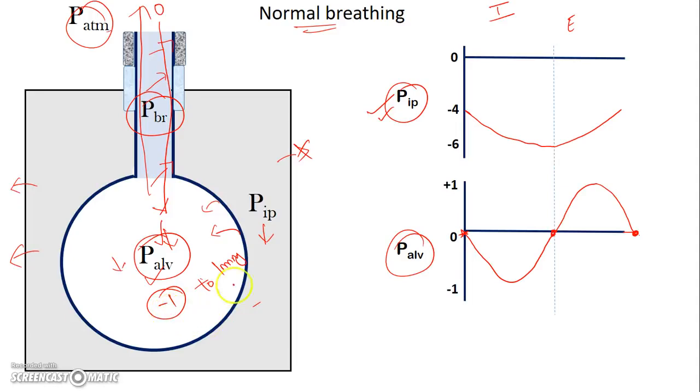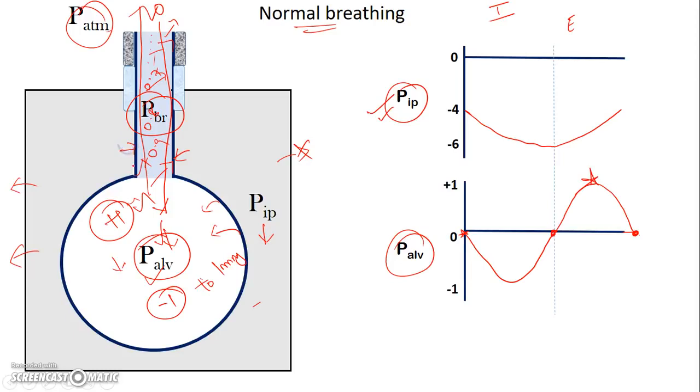For example, during expiration at peak, here if it is +1 millimeter of pressure and here it is 0, the movement of air will cause change in pressure, but the resistance offered by these airways will decrease the pressure change which actually happened. So instead of +1 here, it is going to become +0.9, +0.8 and 0.7, and gradually it is going to decrease and finally become 0. So the pressure linearly decreases during this expiration. It linearly decreases from here to the mouthpiece, and this decrease will depend upon how much is the resistance offered